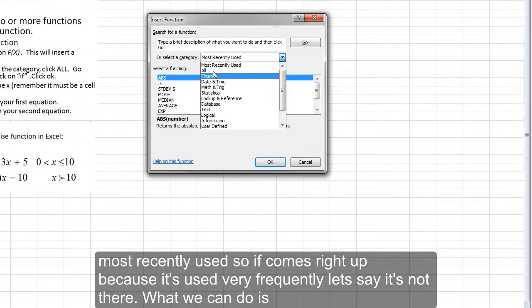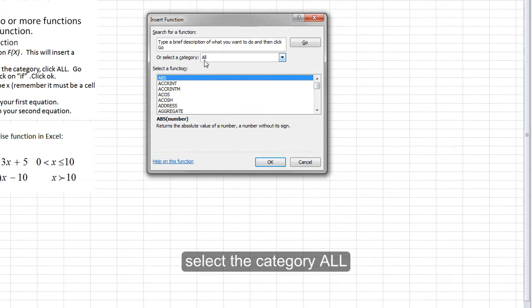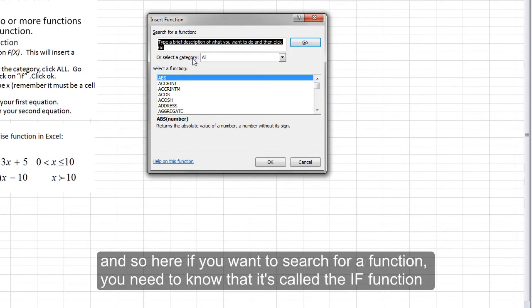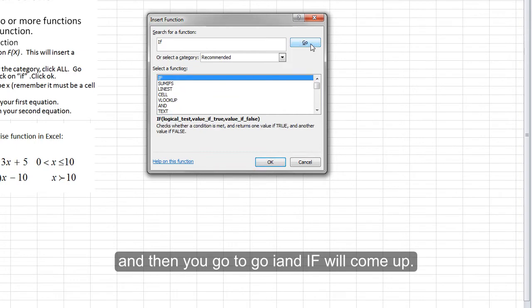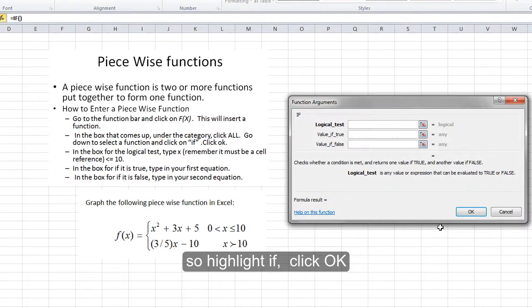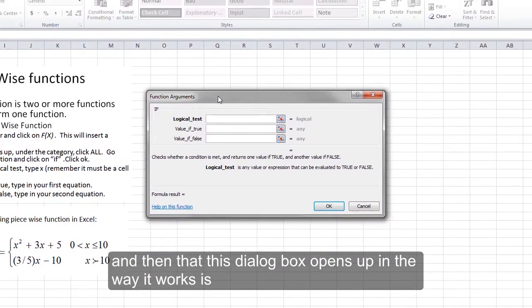it's not there. What you can do is select the category all, and then all the function commands that Excel knows about are in alphabetical order. And so here, if you want to search for a function, you need to know that it's called the if function, and then if will come up. Okay. So highlight if, click OK, and then this dialog box opens up,